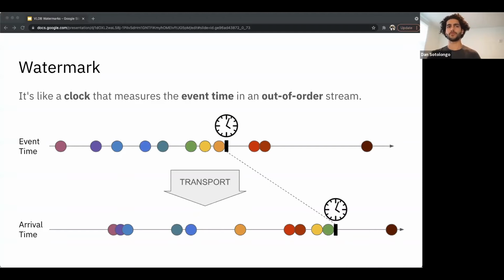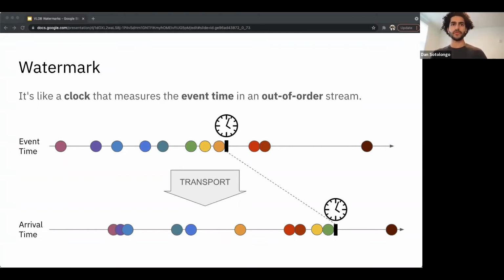One way to think about watermarks is as a clock on the event time of an out-of-order event stream. Looking at the diagram, you can see two clocks, one on each timeline. These clocks represent the same time. All of the events from purple to orange happened before that. The top clock is a physical clock. When you read it, it means that everything to the left of it already happened. The bottom clock is a watermark, which means the same thing, but maybe with some events from the future